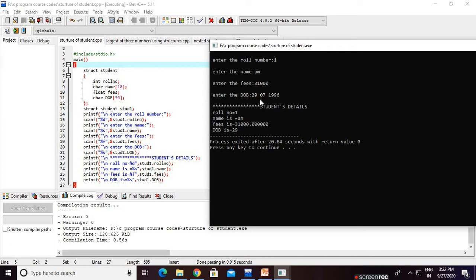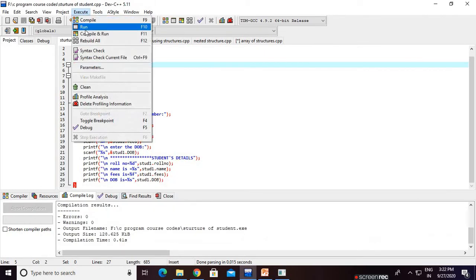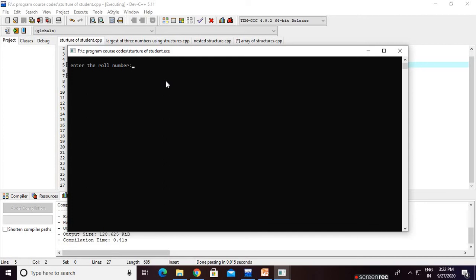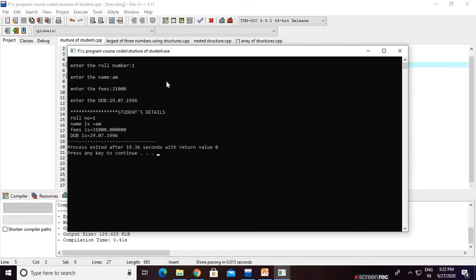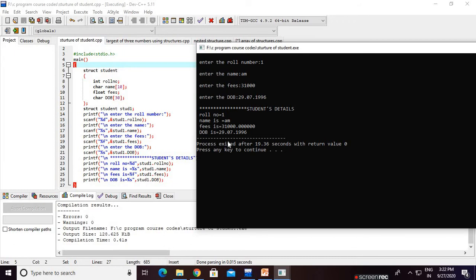Here also after 29 there is a space, so the rest is not read. To resolve this, I again execute, compile and run. Roll number is 1, name is AM, fees is 31,000. Date of birth is 29.07.1996. Now the correct value is printed.